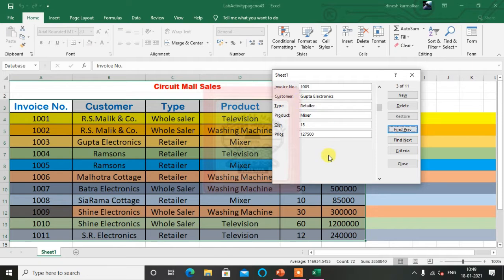Not only on the product, you can find out on other things also. Now I'll give criteria regarding the type: I want only the type retailer. I only want retailer records, so I'll press enter. I only get the records which have the type retailer.